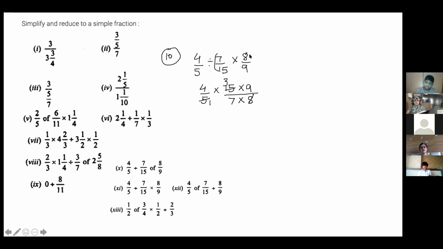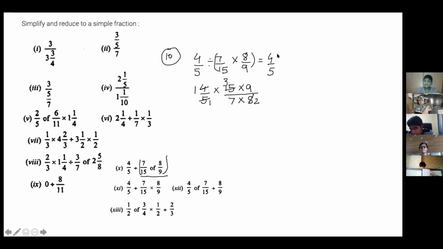Because this whole is divided, right? You have to multiply first. So I can't do 7 into 8. I just put it here only. Okay, 7 into 8. Ma'am, I want to ask you something, but we should do the reciprocal of the 7 upon 15. Now why did we do 'of' 8? Because here it is 'of'. Of means I need to solve this first. Of means I need to solve before division. I have to solve it. Okay. So here either you can do this, this is a shortcut method to save time.